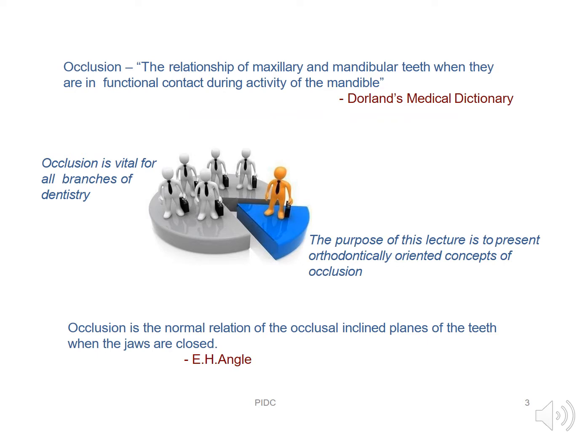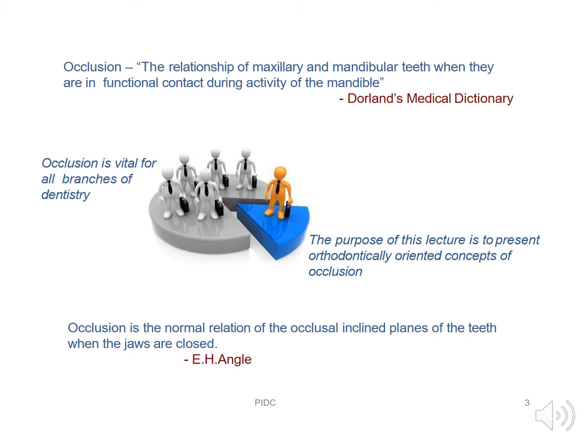So, what is the meaning of occlusion? Based on Dorland's Medical Dictionary, occlusion is the relationship of the maxillary and mandibular teeth when they are in functional contact during activity of the mandible. Occlusion is vital for all branches of dentistry, and the purpose of this lecture is to present an orthodontically oriented concept